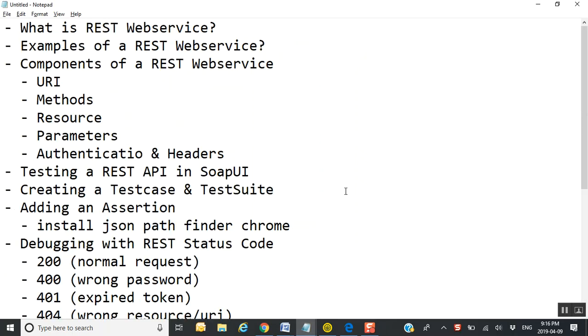So in today's class, this is a very quick summary of what we're going to be talking about today. We're going to be talking about what is a REST web service. We're going to show you different REST web services out there in the marketplace that you use on a daily basis. We're going to break down the REST web service into a URI, methods, resource, and a parameter. We're also going to show you